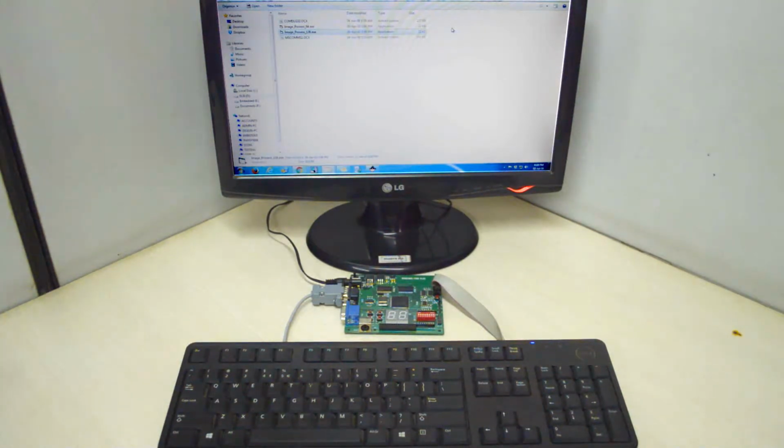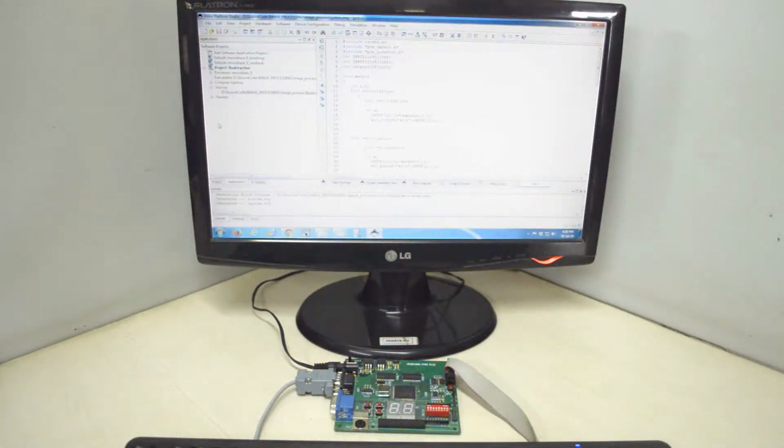Today we are going to see a demo on FPGA implementation of PCB defect detection using the background subtraction technique. In this demo, we have used a Spartan 3 FPGA image processing kit to implement the background subtraction technique. With the help of that, we will detect the defects in PCBs. Let's see the demo.